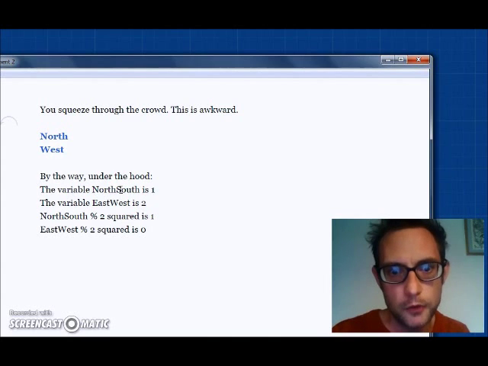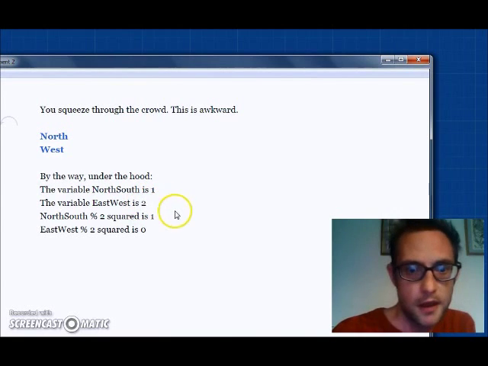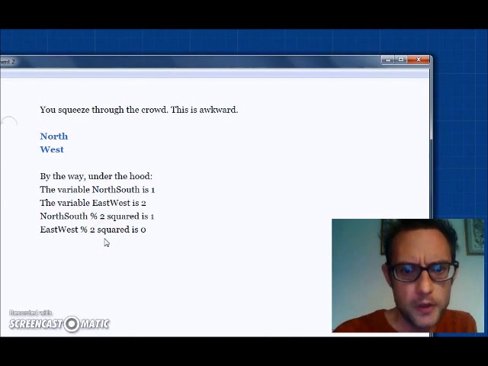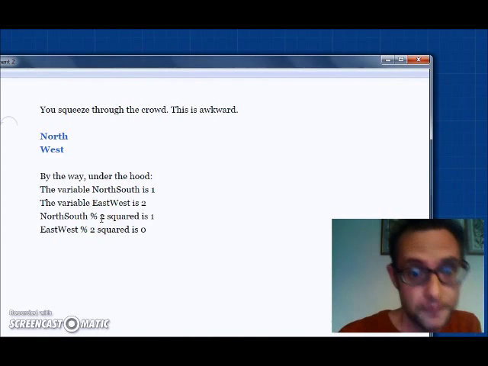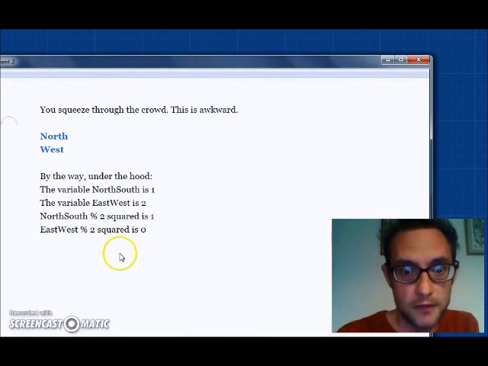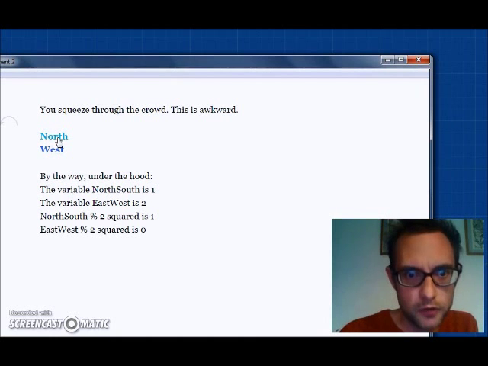And as you move north, this variable increases. As you move east, this variable increases. And I use this operator, modulo, which basically divides this variable by this number and outputs the remainder. I just squared it to get rid of the negatives. In a particular quadrant,